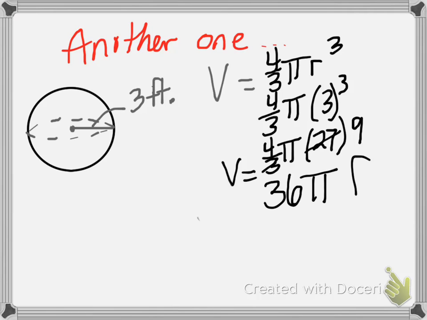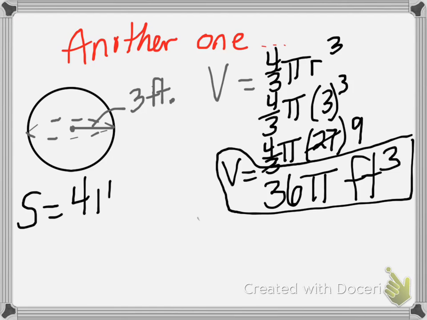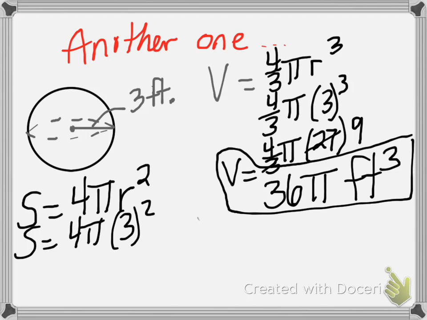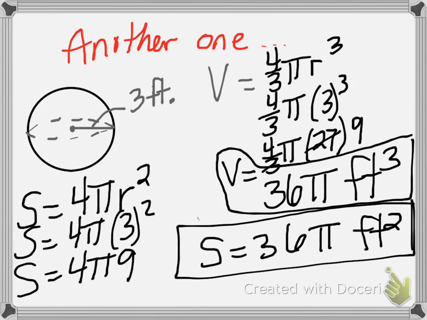We are volume, we are inside 3 dimensions, feet cubed. That is volume. Let's find the surface area. Surface area formula, do you remember? It's 4 pi r squared. Surface area equals 4 times pi times 3 squared. Surface area equals 4 times pi times 9. Surface area equals 36 pi feet squared. Wow, when I started this, I did not know that they were going to be the